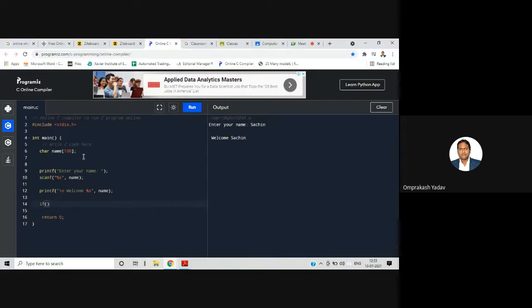If name is equal to Sachin, printf both are equal, else both are not equal. Okay, so I'll run this particular program.